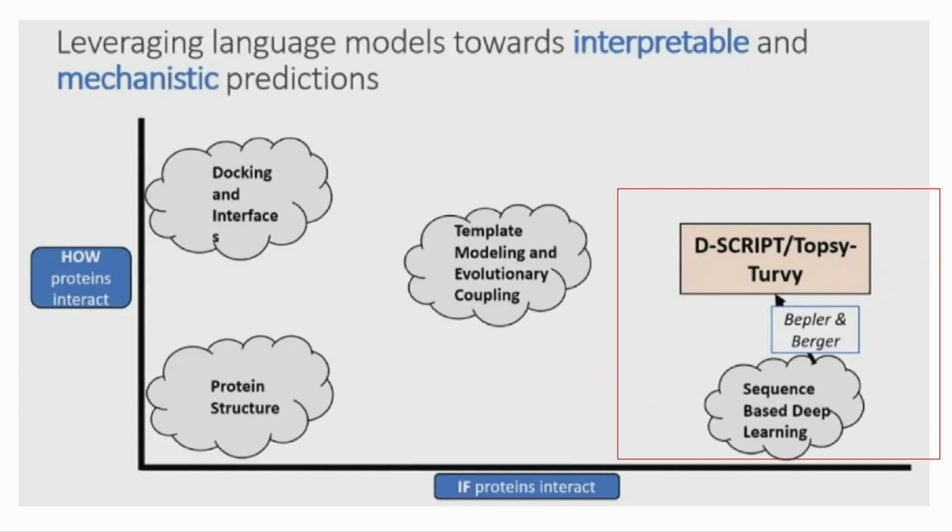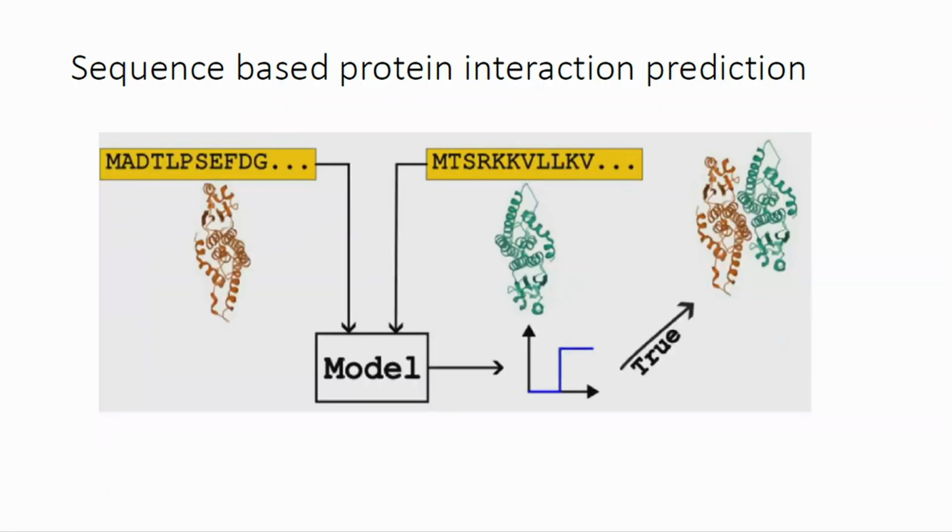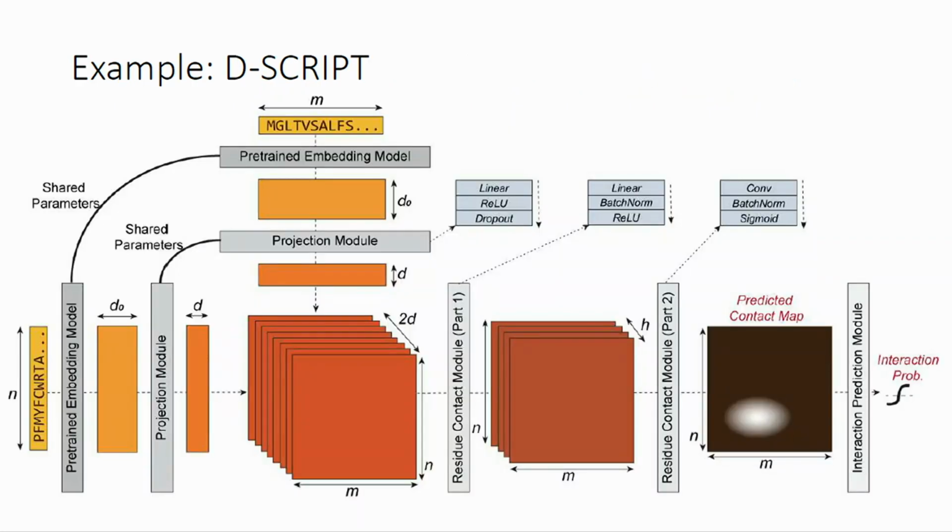And such data exist broadly in nature, and not all of them have a ground truth structure. So basically, the sequence-based protein-protein interaction prediction task can be simplified as: give me the sequences of two proteins, and we build a model to predict whether they bind or not. It's very straightforward. For example, models like D-SCRIPT from MIT, Bonneberger's group, they just make use of